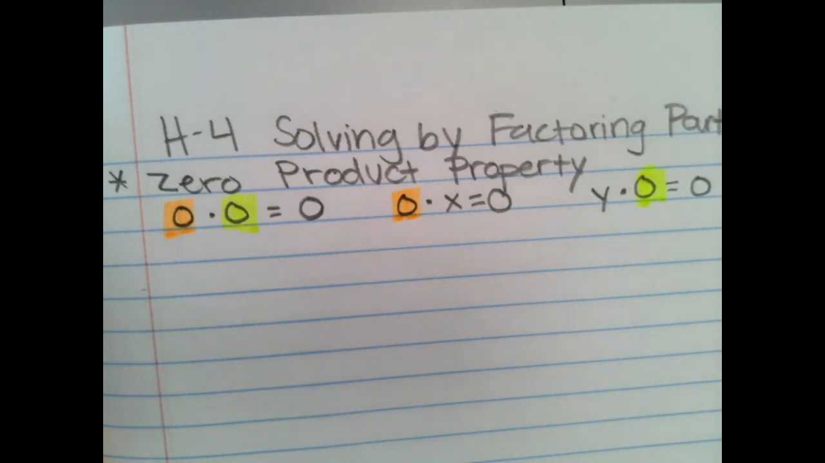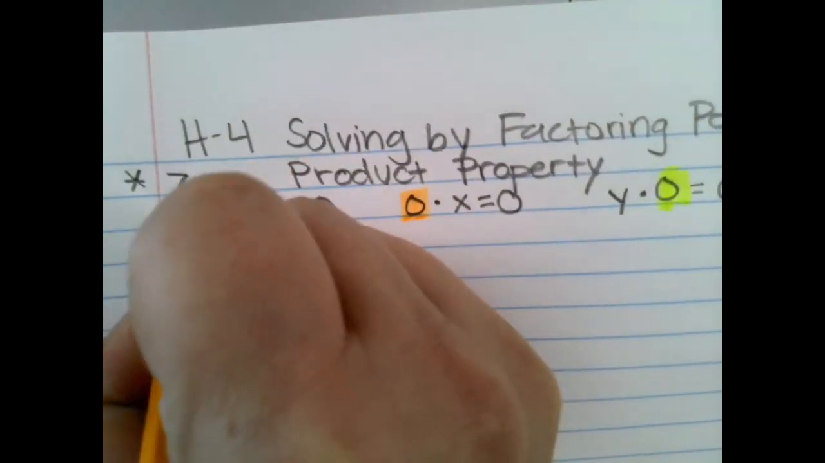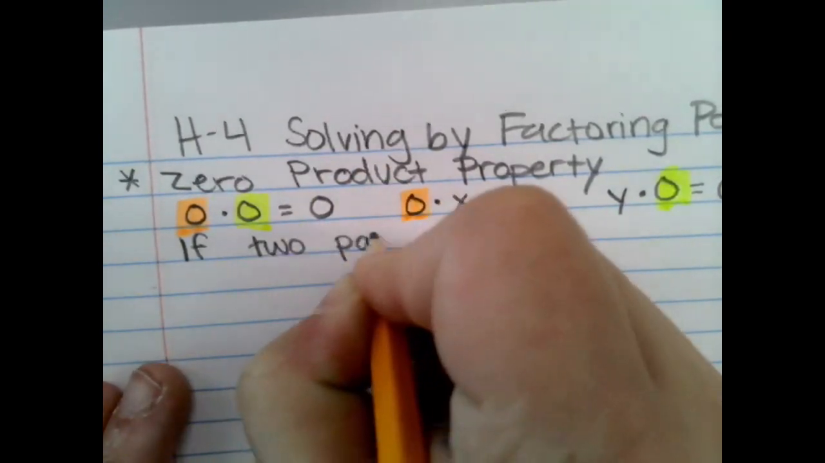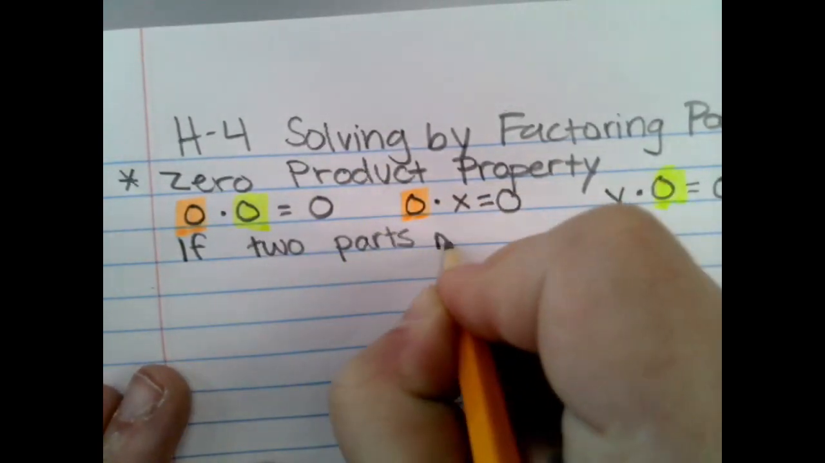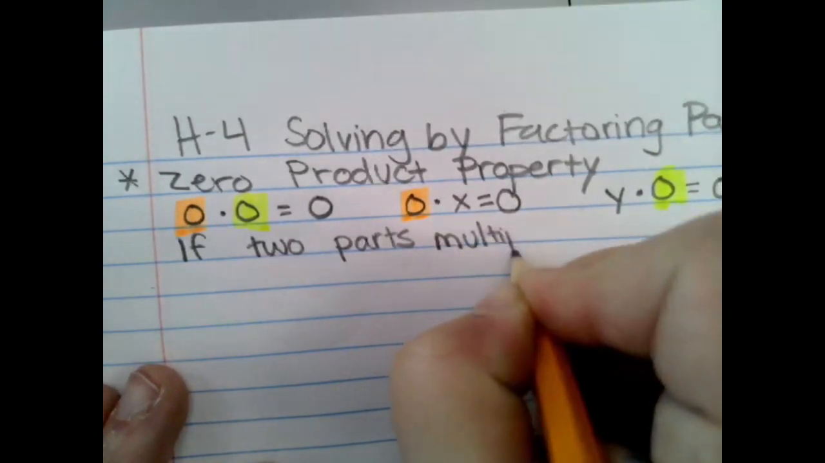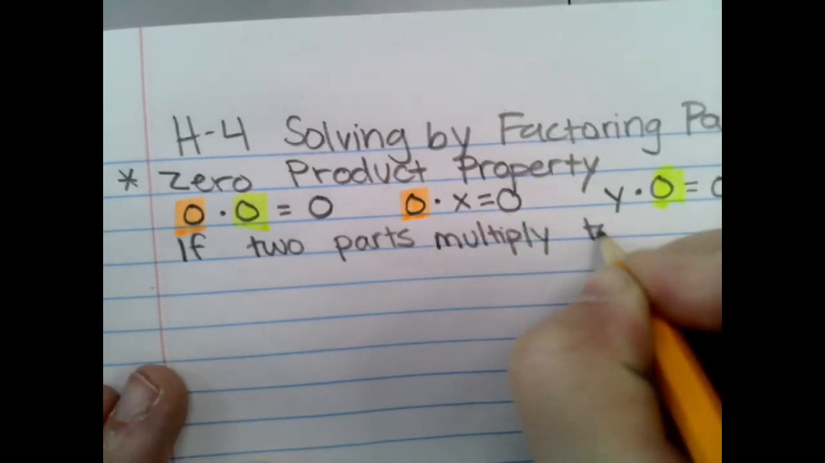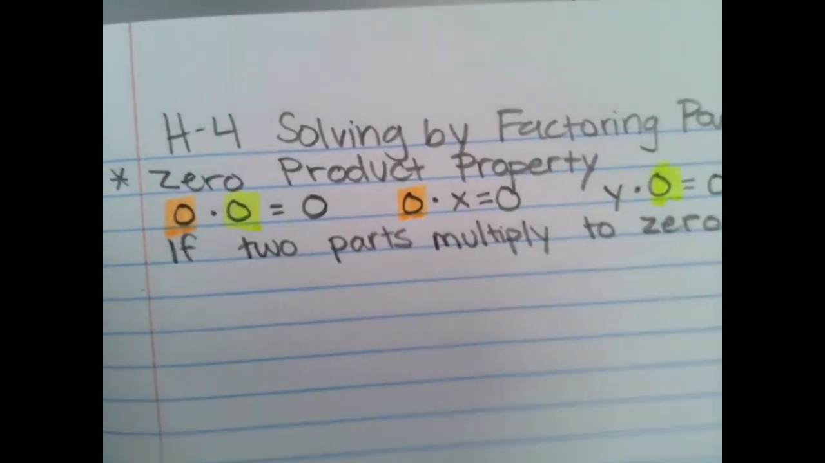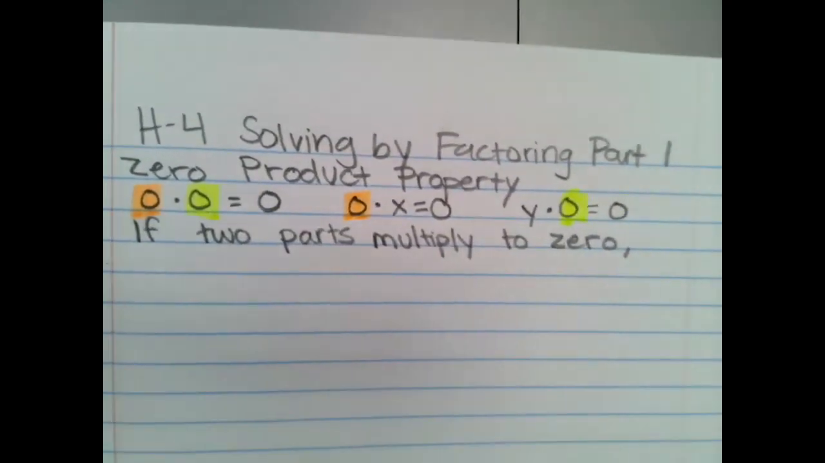All right, so we're going to write this in words. It's kind of like our only writing in words that we're doing today. If 2 parts multiply to 0,